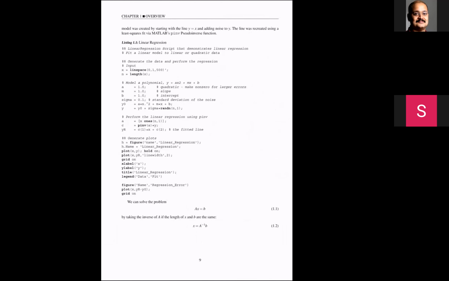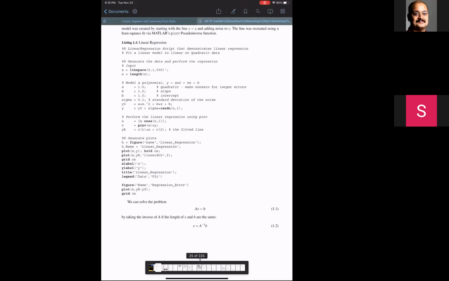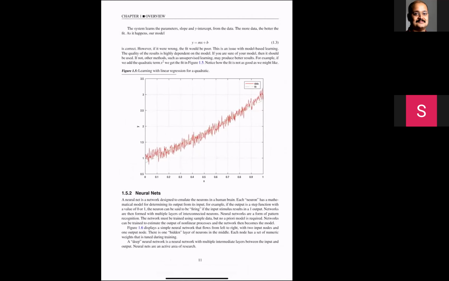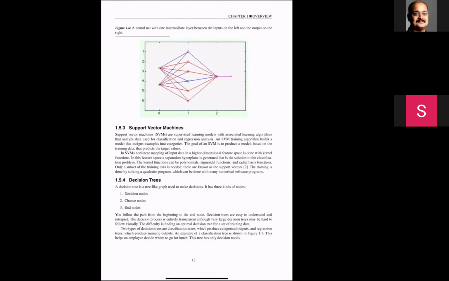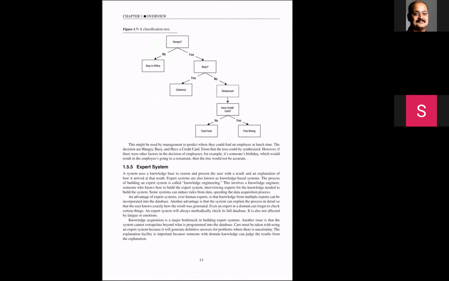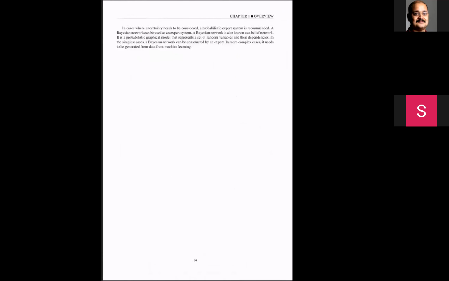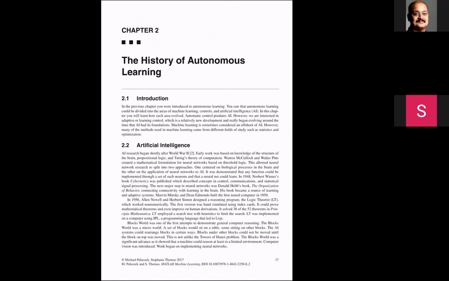This is the example. We studied regression in a lot more detail. We looked at the robust sparse regression. We looked at the regression with constraints. We looked at the regression when you have additional data coming in, etc. So these are the regression examples. Then a brief explanation on the neural network, decision trees, expert system, which is the knowledge-based system.